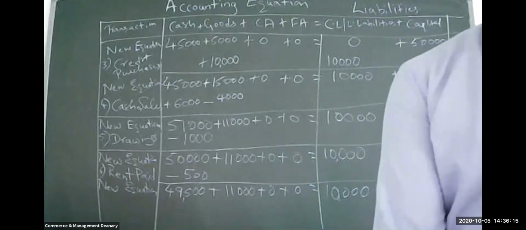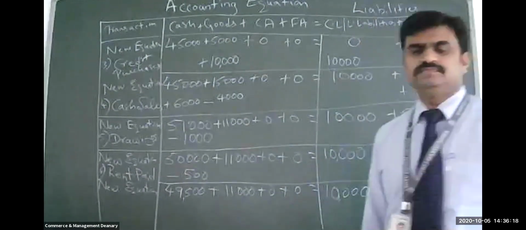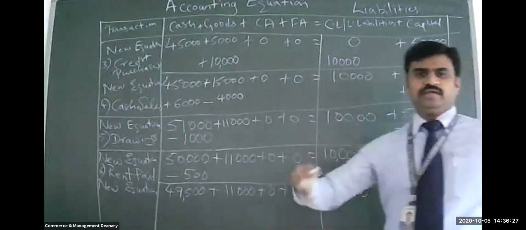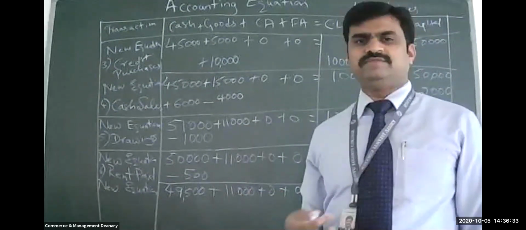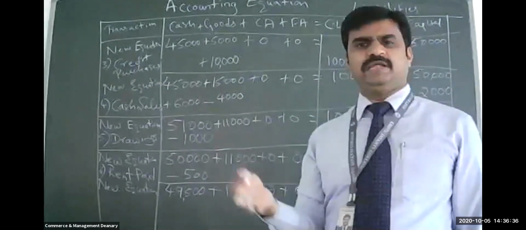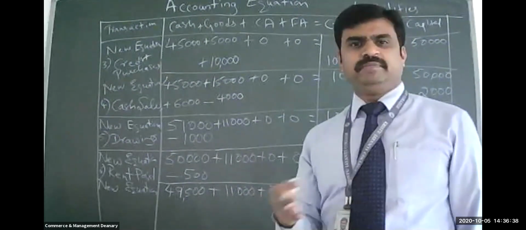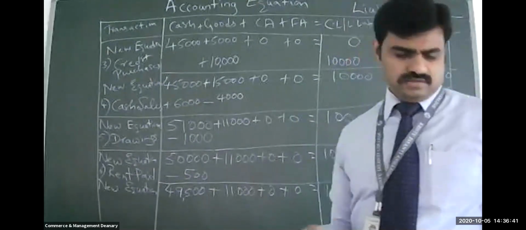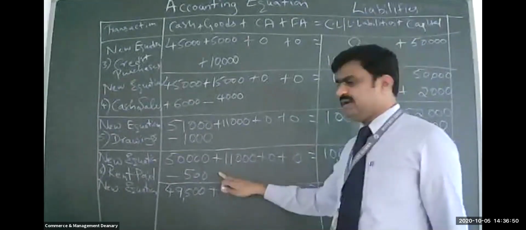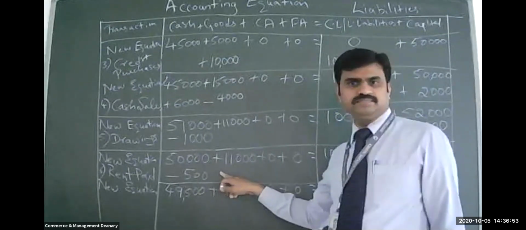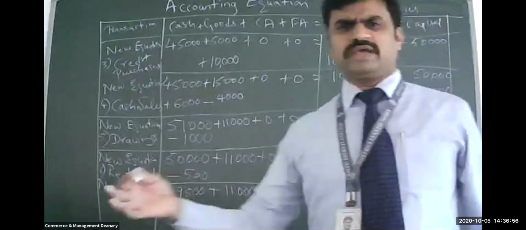Rent outstanding 300. What do you mean by rent outstanding? The owner has to pay 300. The company owner has to pay the landlord, but he has not paid. It is overdue. It is outstanding. Say for example, the rent for the month of August I have to pay in September, but I have not paid. It becomes the outstanding rent. So when it is outstanding, no cash is going out. In the earlier case we paid it, so we deducted from the cash. Now what can we do? No cash is going out.